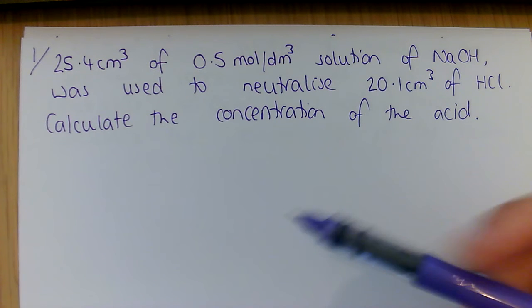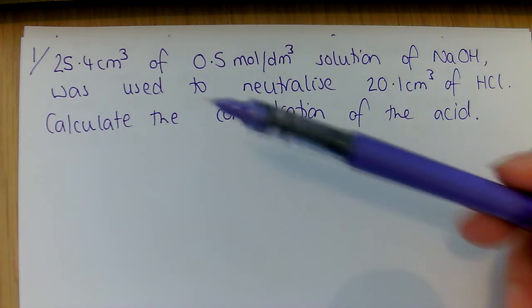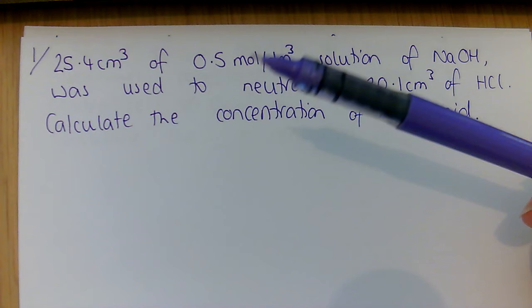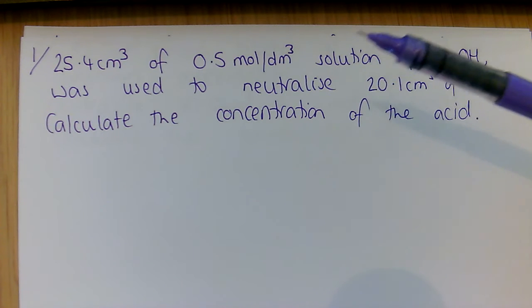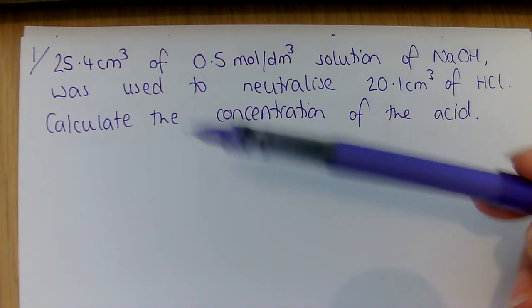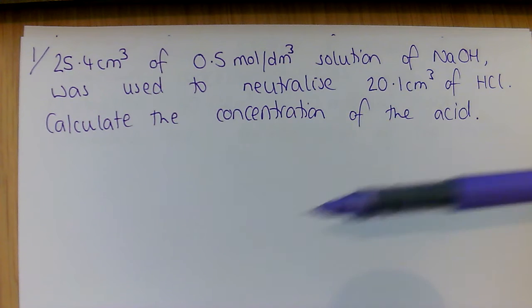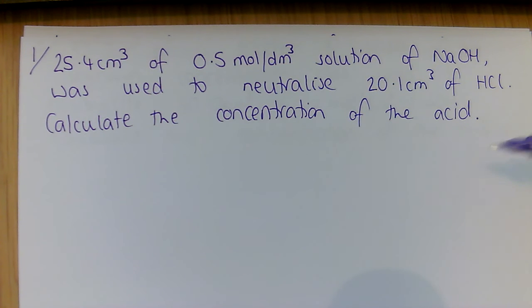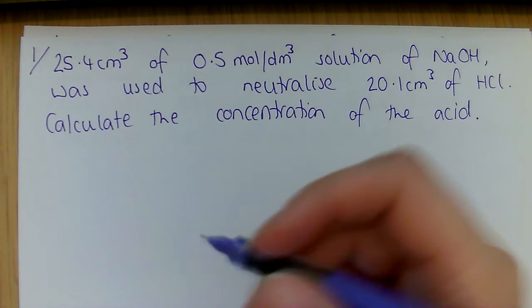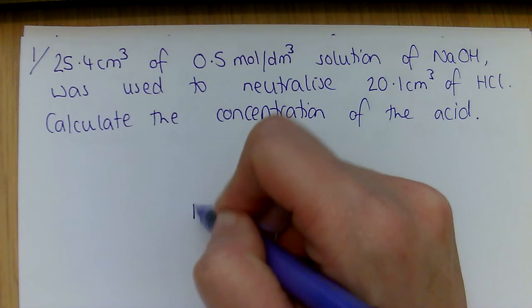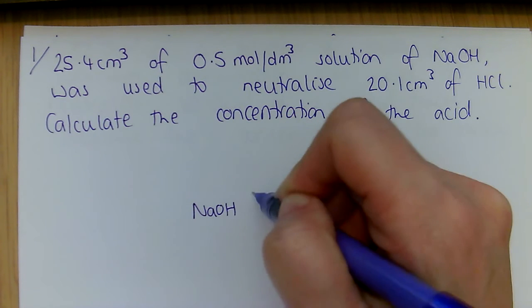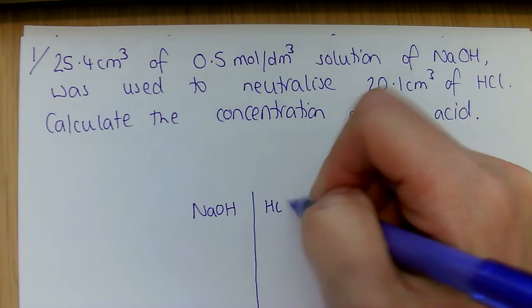Okay, so if we look at this question here, you've got 25.4 centimetres cubed of a 0.5 mole per decimetre cubed solution of NaOH used to neutralise 20.1 centimetres cubed of HCl. Calculate the concentration of the acid. Now, if you remember, what I told you to do when we did these in class is to draw yourself out a table. So you've got alkali and acid,